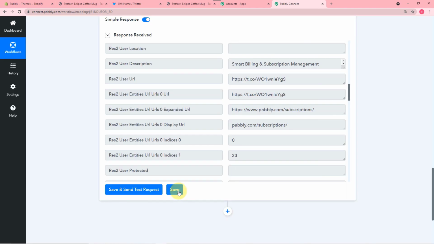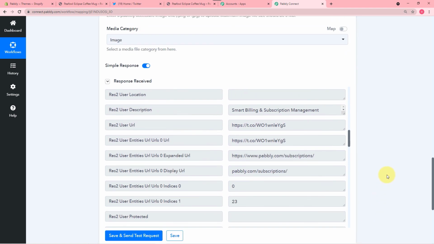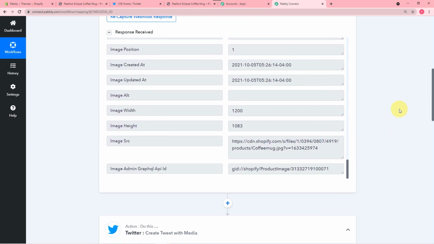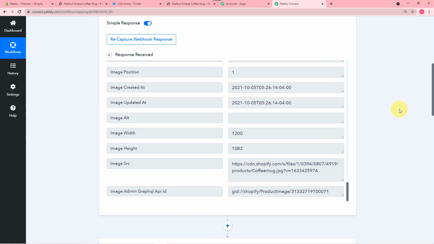Now let me tell you one more important thing, which is that you can make this workflow run 100 times in a month, because Pabbly Connect's free account provides you 100 free tasks every month. Alright, so if 100 tasks are sufficient for your working, you can use Pabbly Connect free account for free forever. And also, we are going to paste the link of the same workflow in the description box, so you can clone that workflow link in your own Pabbly Connect free account and start using that link from now only.